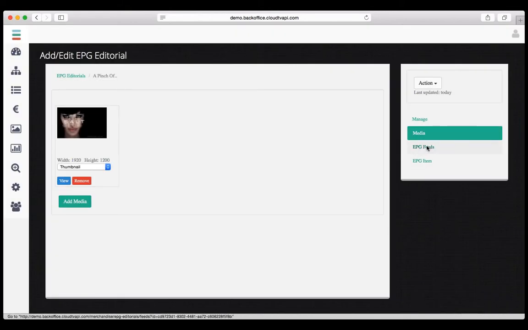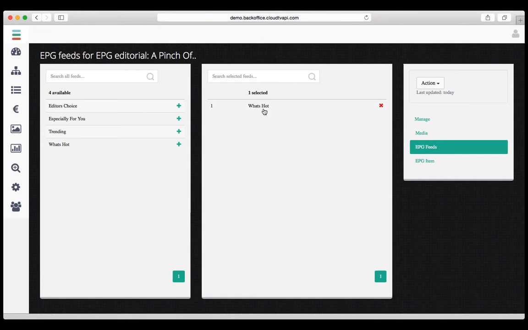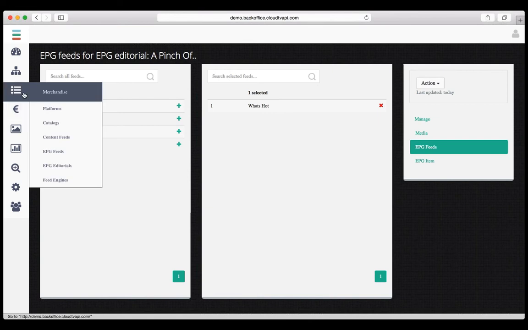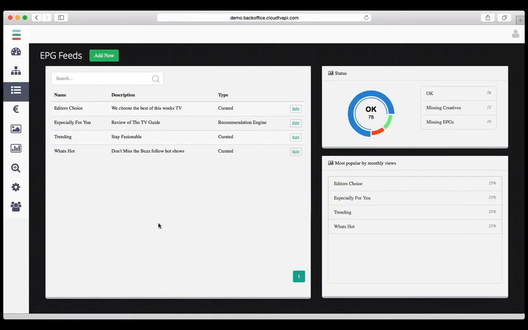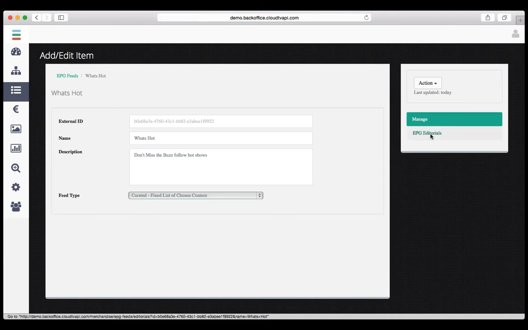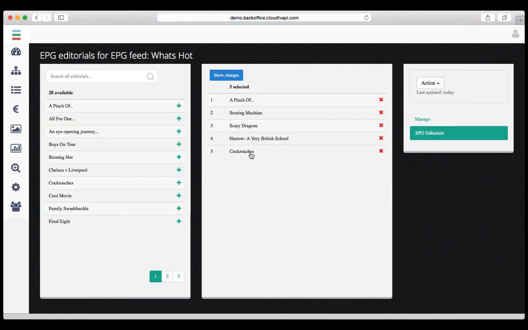But the idea of this again is to put this into an EPG feed, and this is into our What's Hot feed. So again, the user experience developer can request a list of linear feeds for editorial recommendations, and these again can be curated into the What's Hot feed. So if we go and have a look at the EPG editorial feeds and go and look at the What's Hot, we can see it's curated, and it has 1, 2, 3, 4